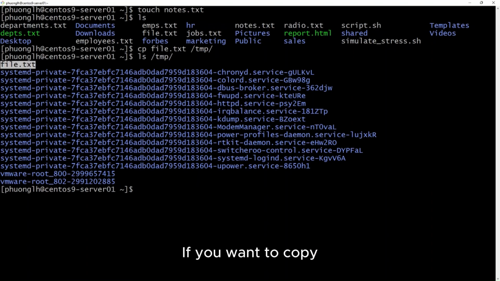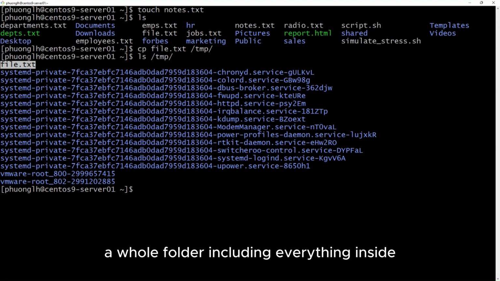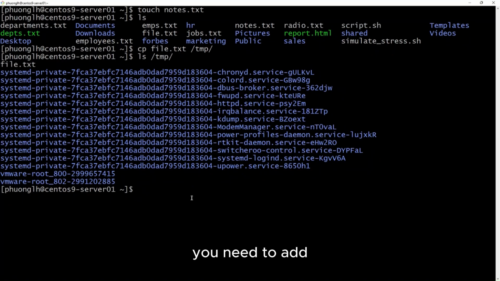If you want to copy a whole folder, including everything inside, you need to add the -r option for recursive copying.